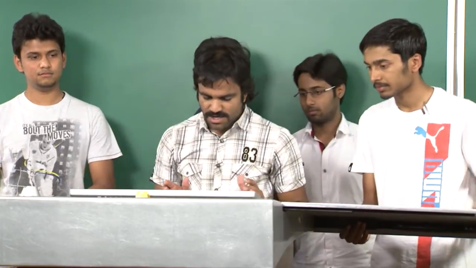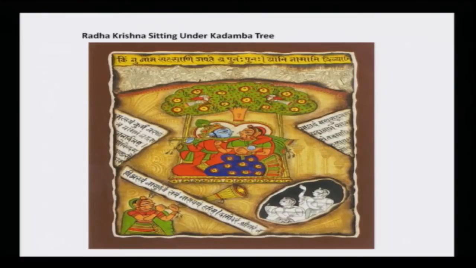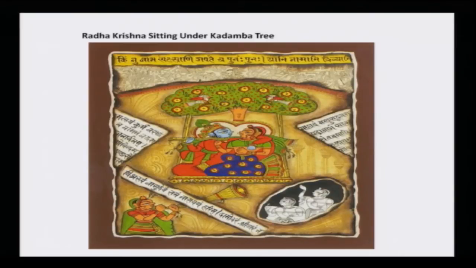Yes, next one is the Radha Krishna painting, which is painted on a 13 by 9 inch cloth. The outermost part is brown, and after that a white colored line is there. The center part is the focal point, that is the Radha Krishna painting. Radha and Krishna are sitting under the kadam tree, and primary colors are used to